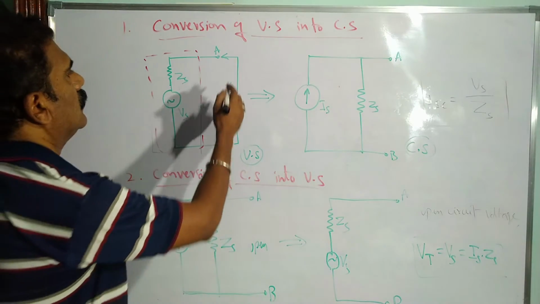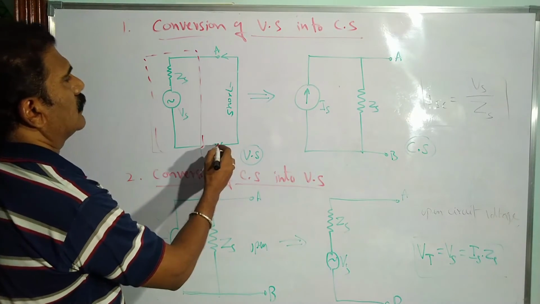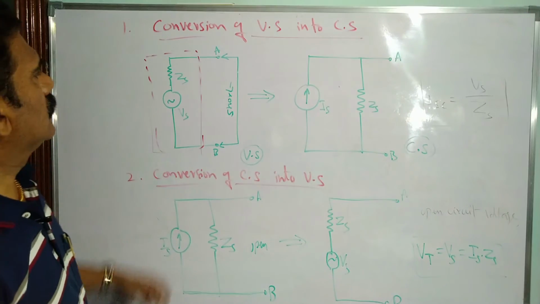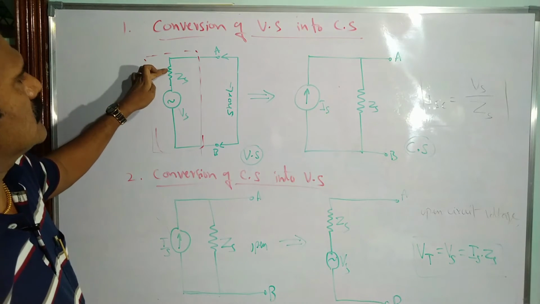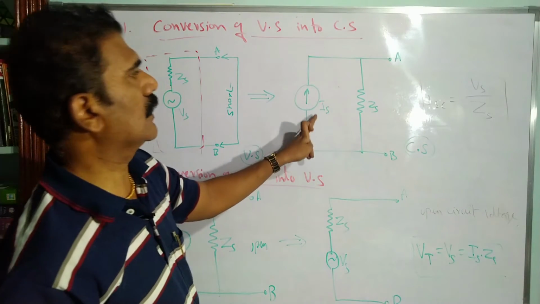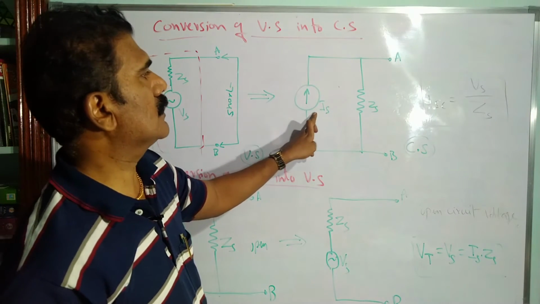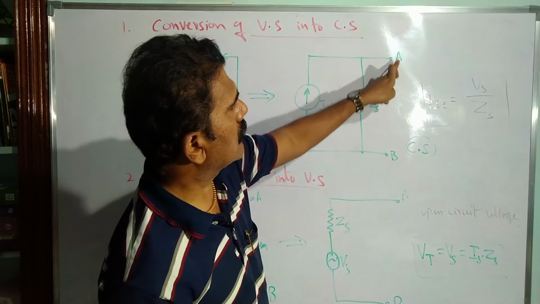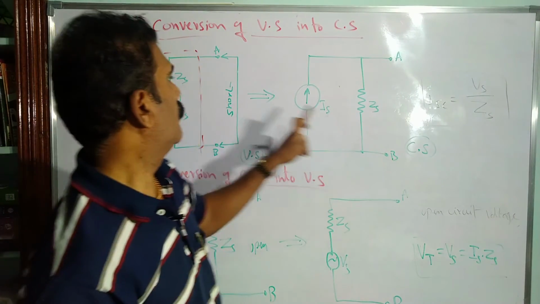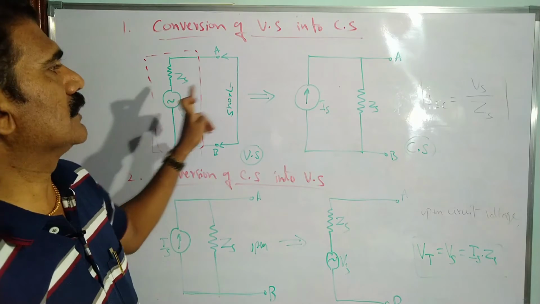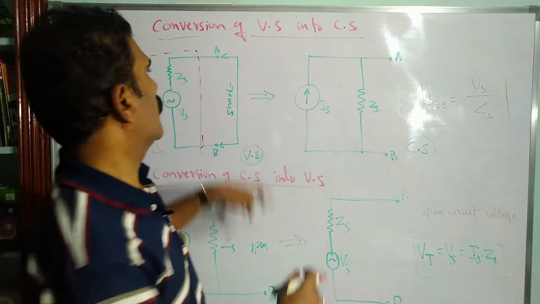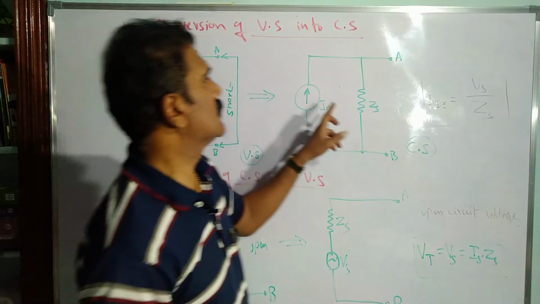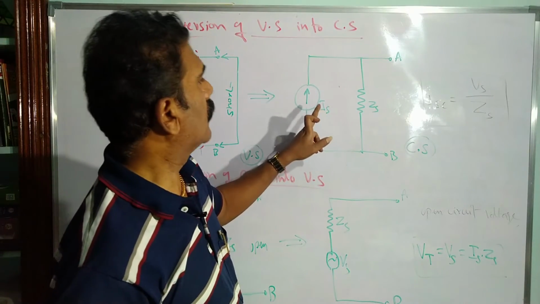By just connecting a short circuit wire here. That means the terminals A and B are directly short circuited, so that the resistance which is present in series will become parallel across a current source. Now the current source and the impedance are parallel to each other, so across the terminals A and B we can measure the voltage. The flow of current through the internal resistance, that is Zs, is the same as this internal current Is also.